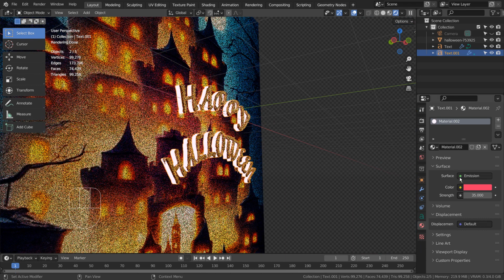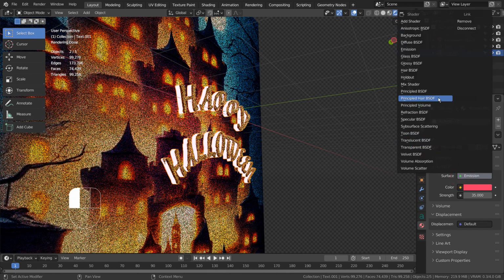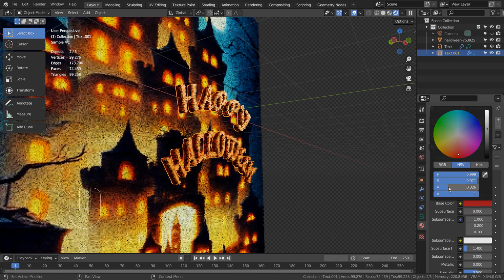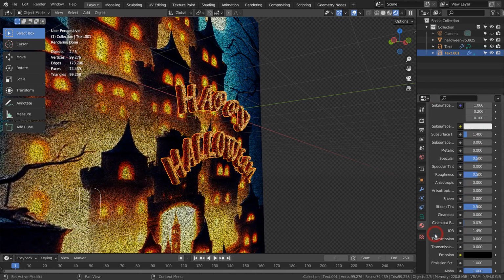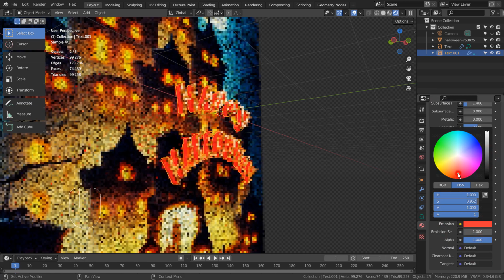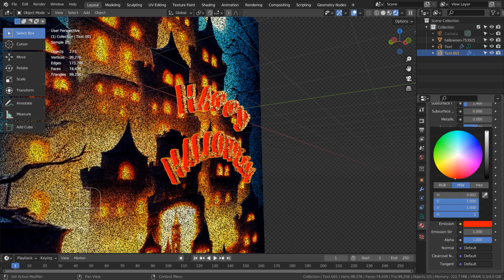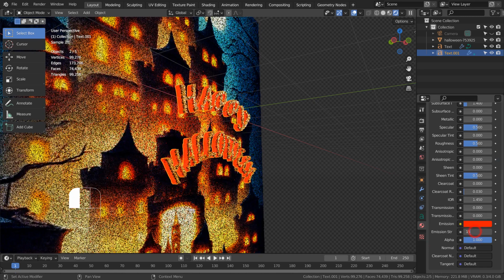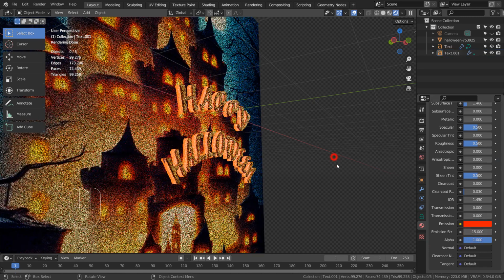Let's switch back to the default BSDF shader, and use the emission from there like this. This is how we use the correct emission color, and I found this method myself.